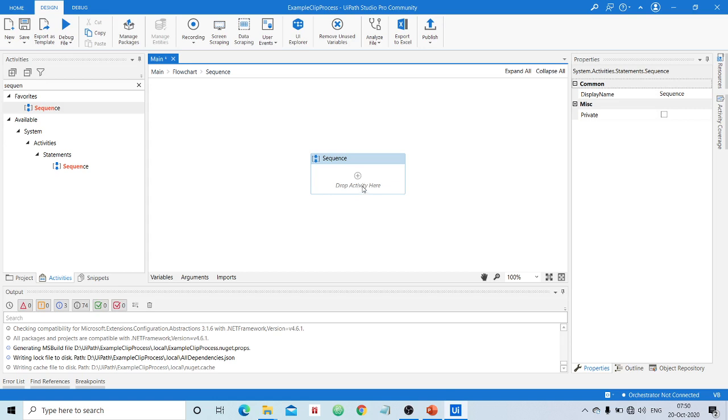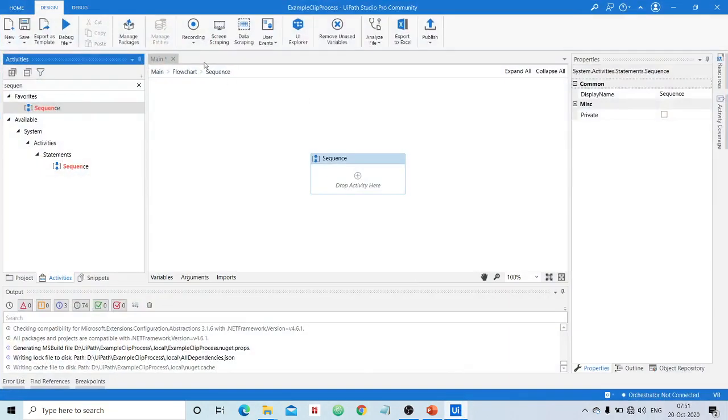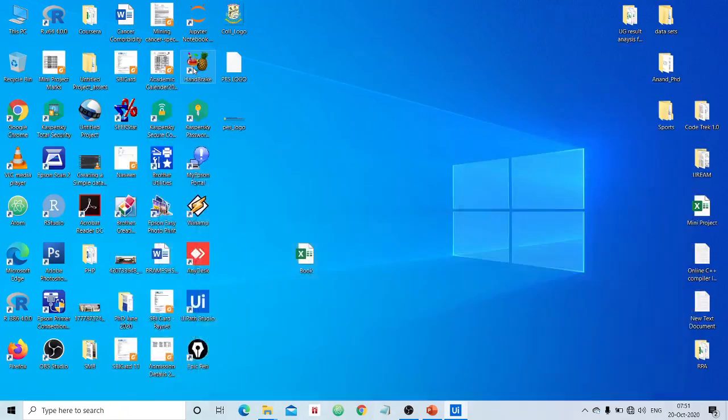Now I will show you how to use automatic recording. In this example I will use both automatic and manual recording. I already showed one example for automatic recording in the previous class also. Those who have not gone through that, once again you can observe how we can record the actions automatically. I can use basic recording or desktop recording. In the previous class I used the basic recording mechanism. Now I am going ahead with the desktop recording, which is used to record the actions performed on the desktop. I will click desktop recording.